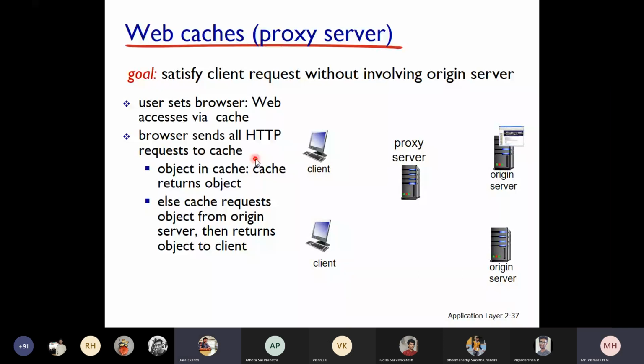Okay. So there is a very good example here. There is an institutional network which is displayed to you, and you have a public network. This is your public internet, and there are origin servers in the public internet. You can see an institutional network, and there is one server given here, and this server is the proxy server. Imagine this is the proxy server.